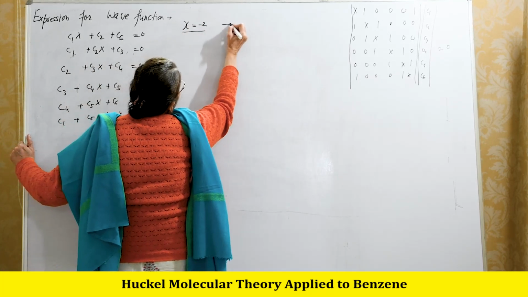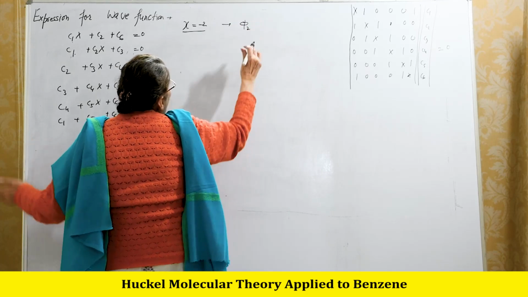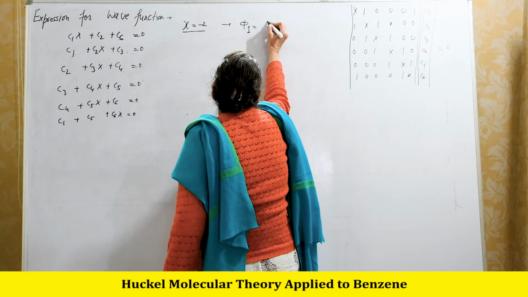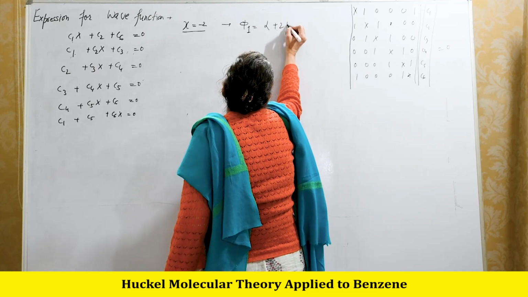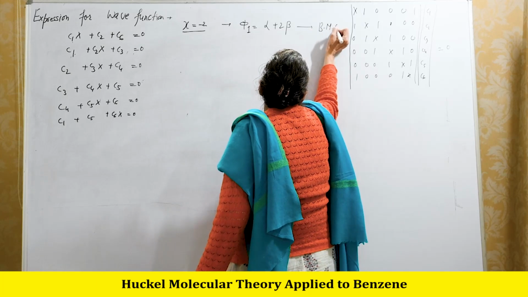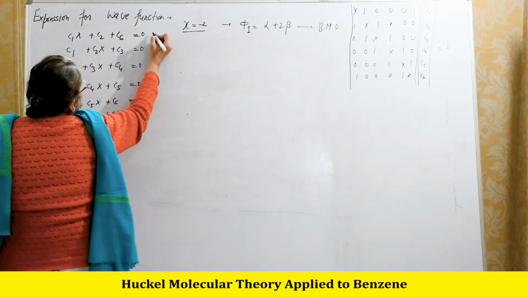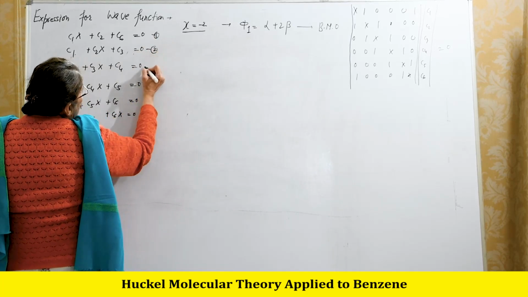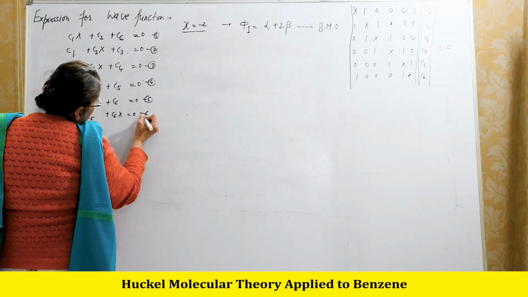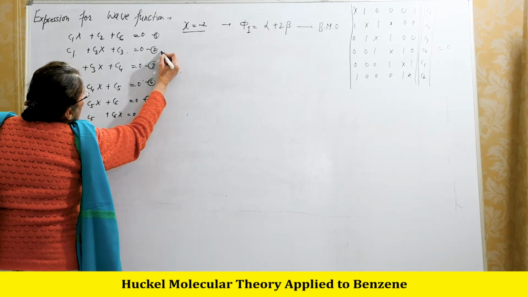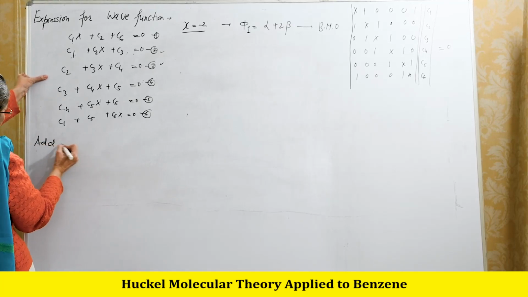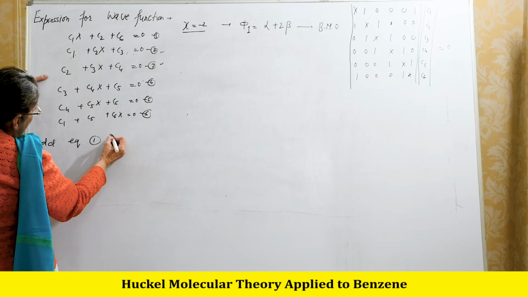-2, and that is phi 1, molecular orbital phi 1, this is for alpha plus 2 beta, and this is the bonding molecular orbital. Now this is 1, this is 2, this is 3, this is 4, this is 5, and this is 6. Multiply equation 2 and add equation 1 and 2,